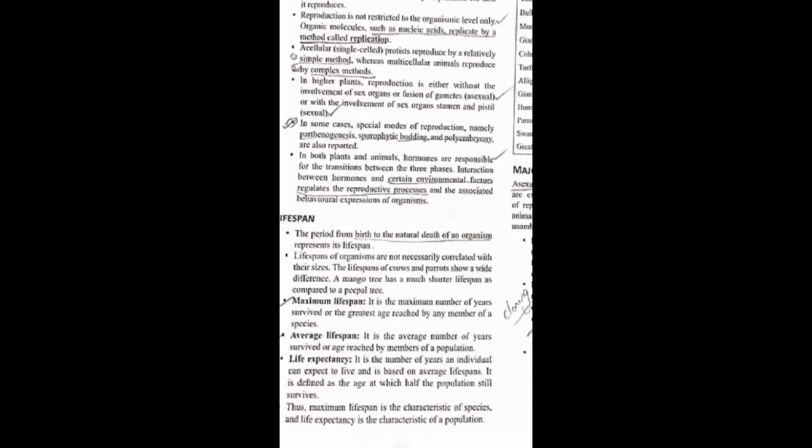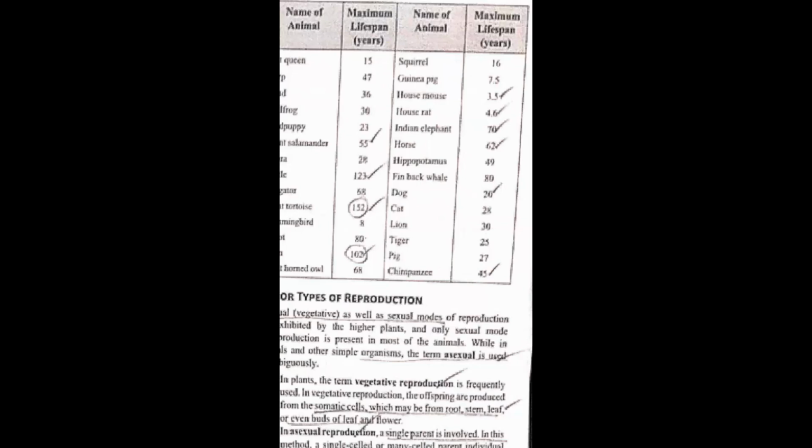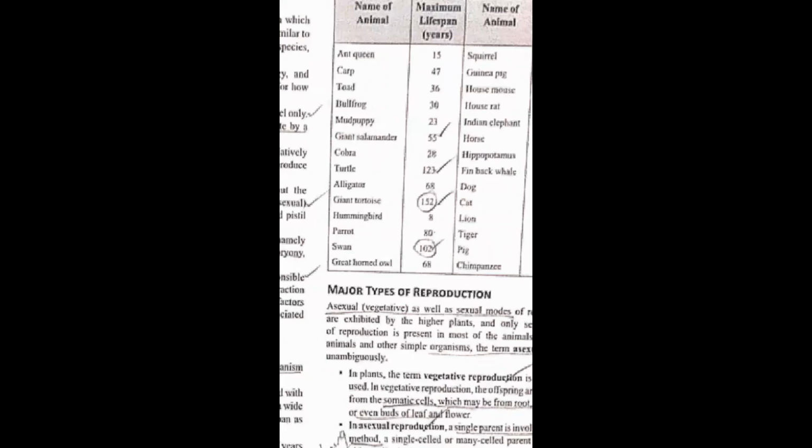The second heading is lifespan. What is lifespan? Already you know it is the period from the birth to the natural death of an organism. The period from birth to the natural death of an organism represents its lifespan. The lifespan of organisms does not necessarily correlate with their size. Take an example, the elephant. How many years does it live? Just look at the diagram, sorry, the tabulation. See that the elephant has a